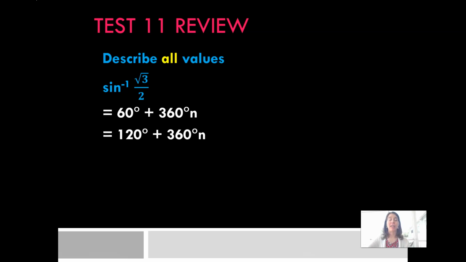Again, because I have to give all of the values, that means I'm spinning around the circle, so I have to put that plus 360n at the end of my answer. So don't just give me the 2 angles from the picture that meet this requirement. That's coming up in a future section here. All of the answers, I spin around as many times as I want to, so I have to do the